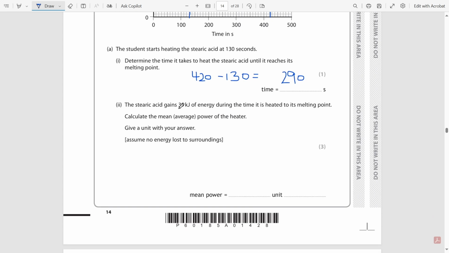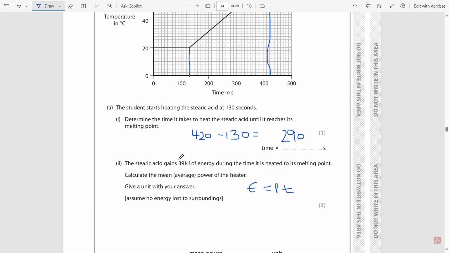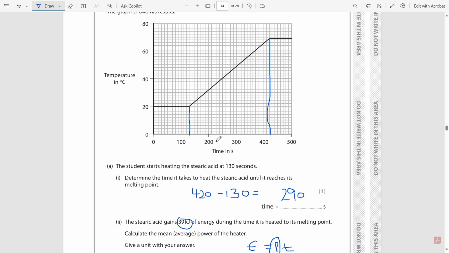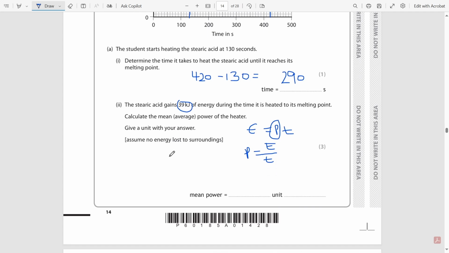Okay. The stearic acid gains 39 kilojoules of energy during the time it is heated to its melting point. Calculate the mean power of the heater. So we're going to use the E equals PT equation because we have time, we have energy, and we're looking for power. So we're going to rearrange the PET equation. I like calling it the PET equation because it literally spells out PET. Now it's going to be E over